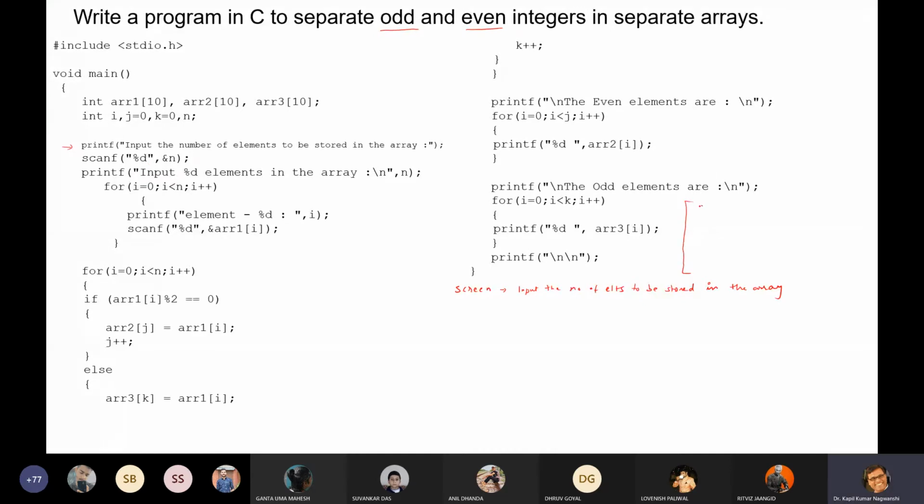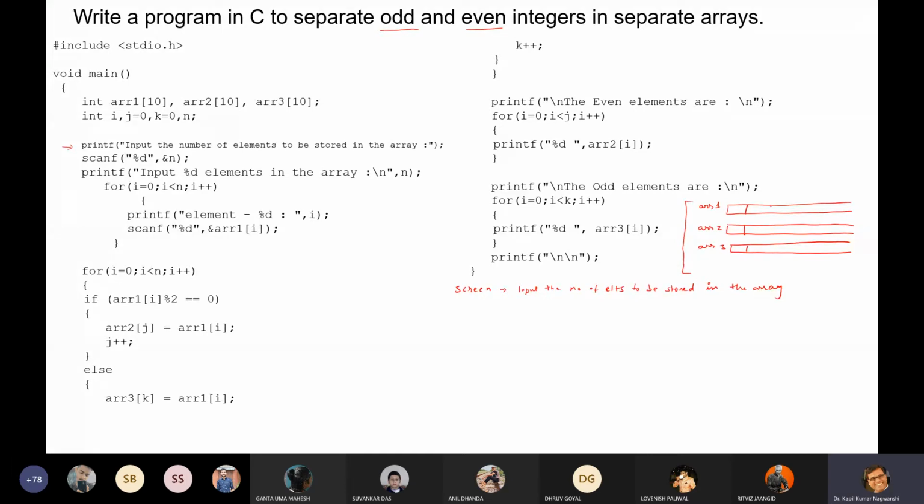So this is array 1. The size is 10. Array 2. Size is 10. Array 3. The size is 10.